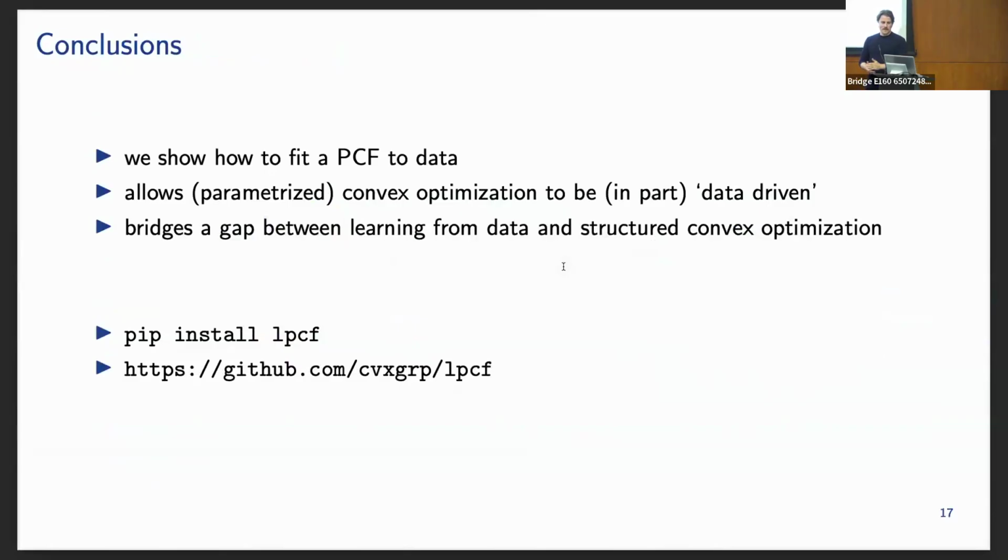So this is meant to be a simple tool that helps bridge system identification and convex optimization. You can install it